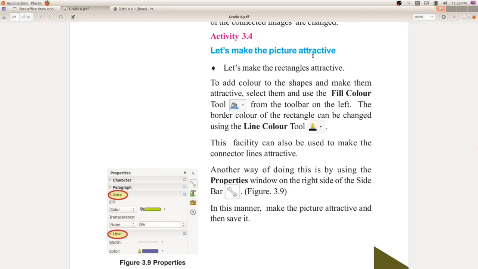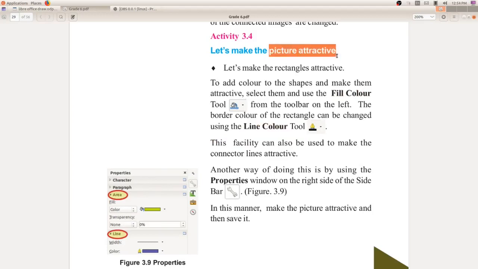We have to use the fill color tool and the line color tool. These are the two tools for making the picture attractive.